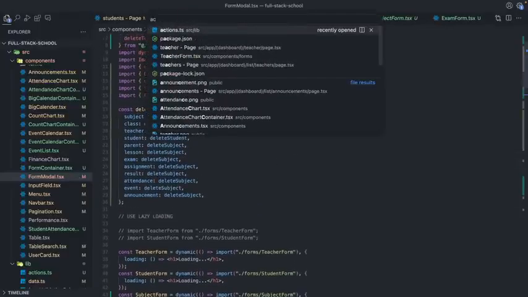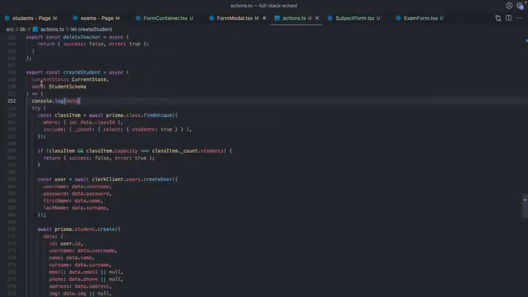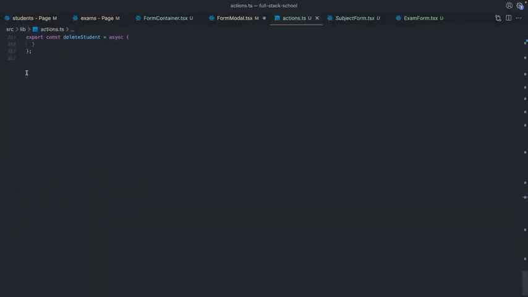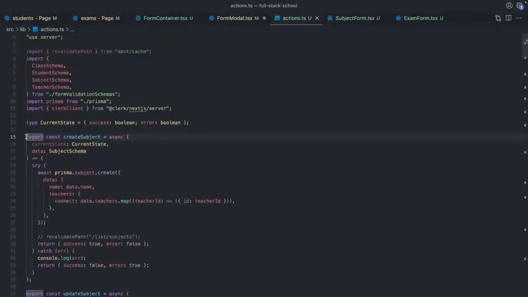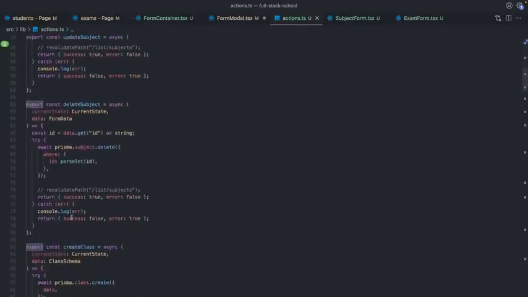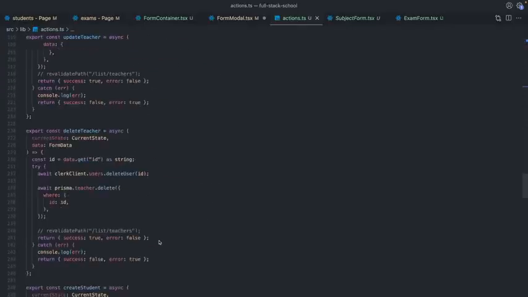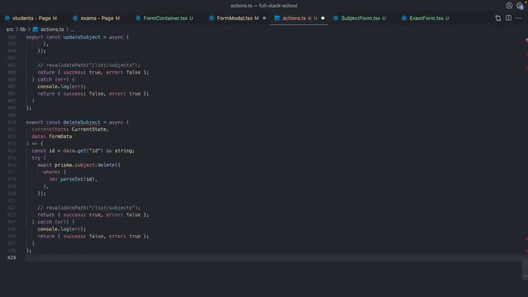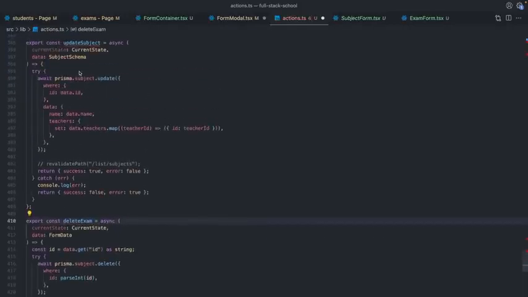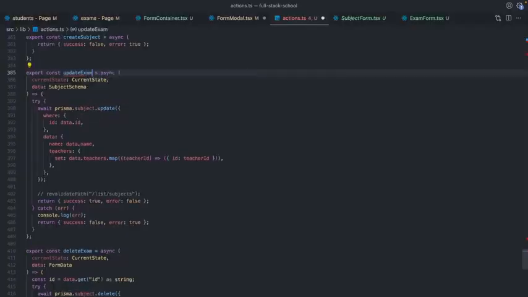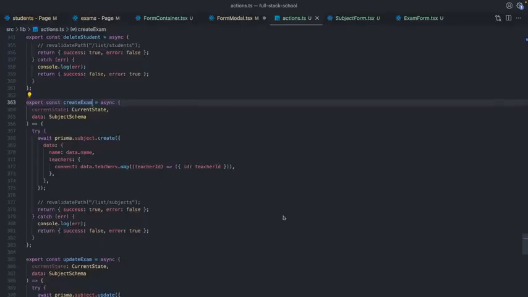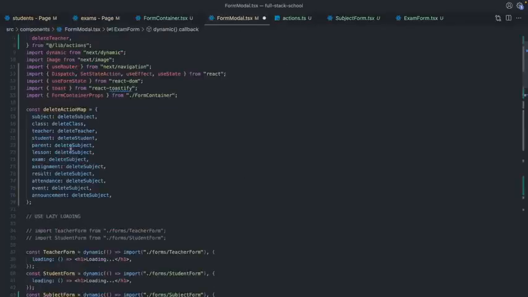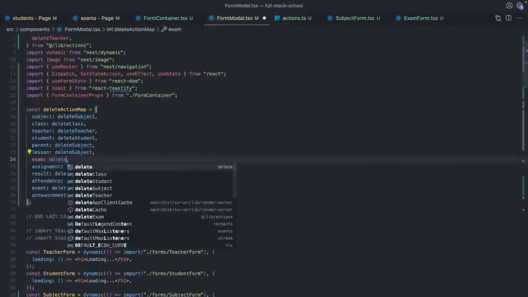Firstly, I will open my actions. Let's close this menu. I will copy here. Actually, it's too long. Let's copy from create, update, and delete subject. Just like that. And I'm gonna paste it here. Delete exam, update exam, and create exam. We are gonna update them later, but for now, let's say delete exam,